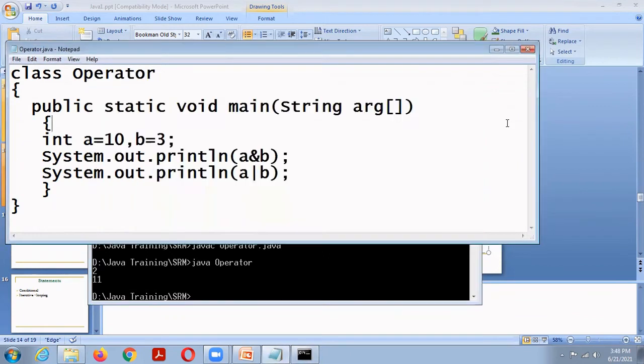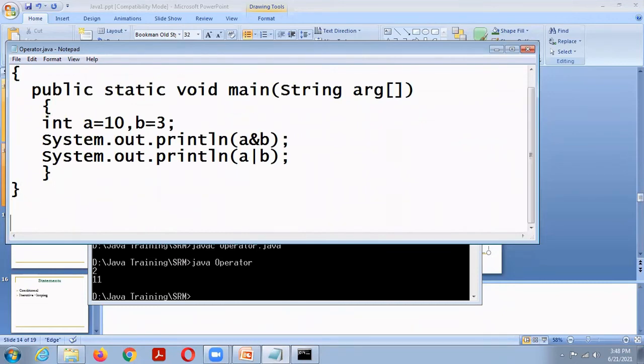So the value of a and b: the binary value of 10 is actually 1010. Am I correct?